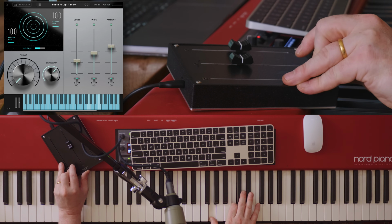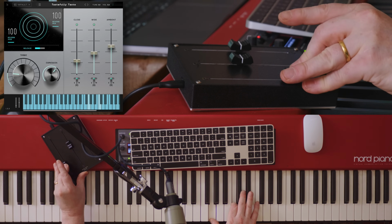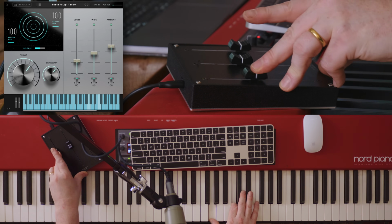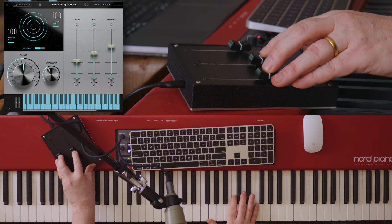So this next sound is interesting because we're imitating crossfading between different timbral layers or different recordings, where actually all we're doing is opening and closing a filter slightly. So compare this to this. But with the two combined,